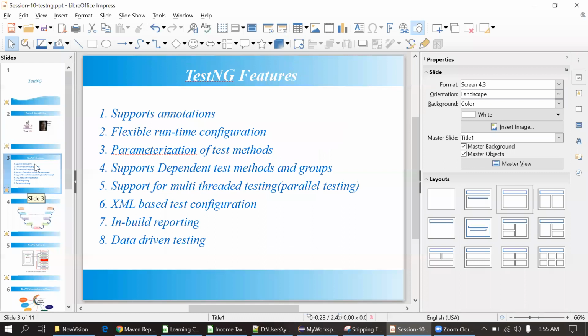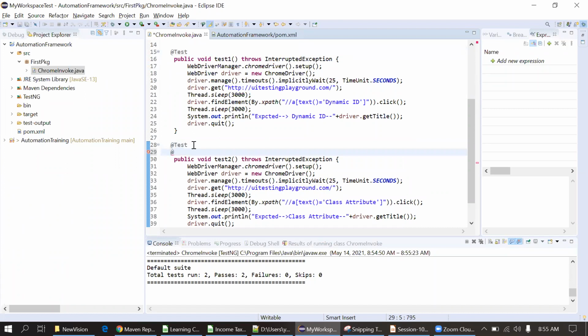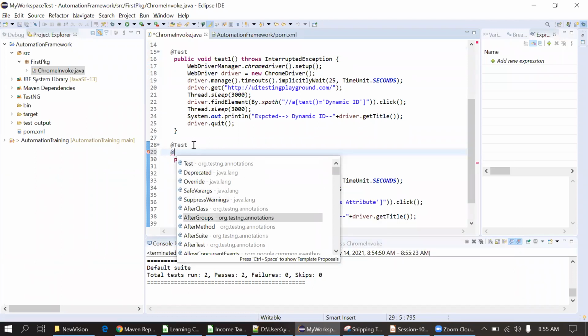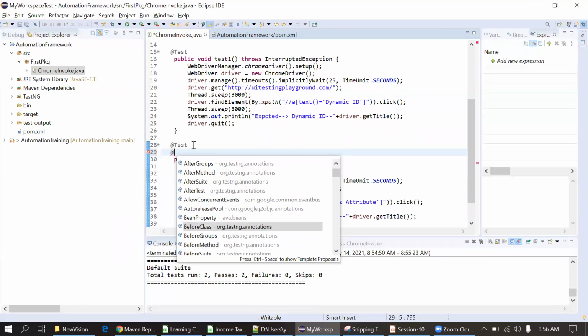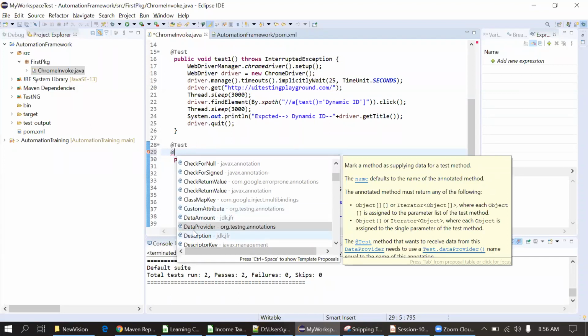Okay, so TestNG features. Basically, it supports annotations. Annotations means the things which we write with the @. All these are annotations. So I will just put @ here and show you. You can see @Test. Forget about this deprecated, override, safety warning. Then @AfterClass, @AfterGroups, @AfterMethod, @AfterSuite, @AfterTest. These are all important annotations that we are using. Then again @BeforeClass, @BeforeGroups, @BeforeMethod, @BeforeSuite, @BeforeTest. And DataProvider as well. This is the important one, DataProvider,